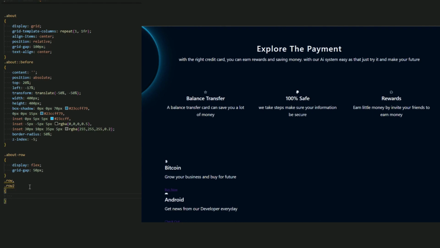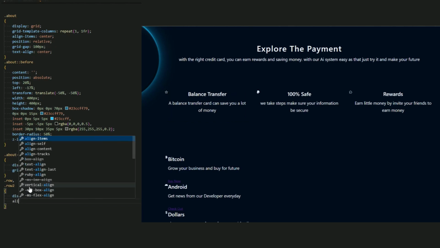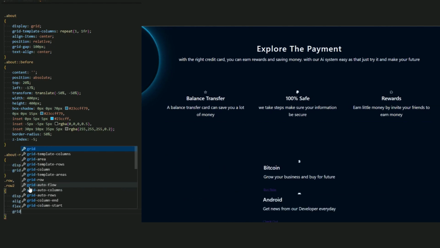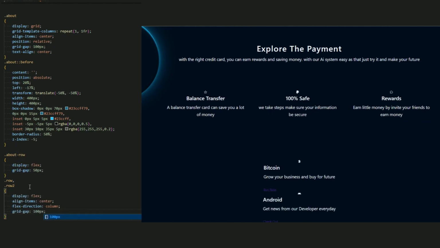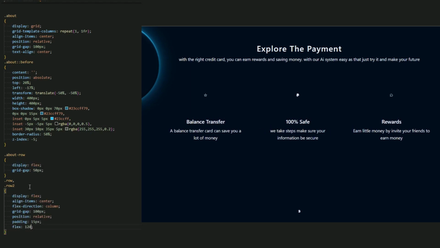I want to add the display flex and the flex direction column to be in the next line, this icon and this the text. So display flex and align item be a center, flex direction column, and let me add a space. So grid gap, let me 100 pixel for the space, and let me add the position relative, and let me add the padding a little, 15 pixel, and let's use a flex 120%.